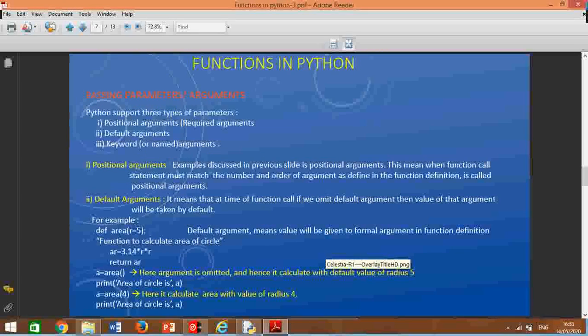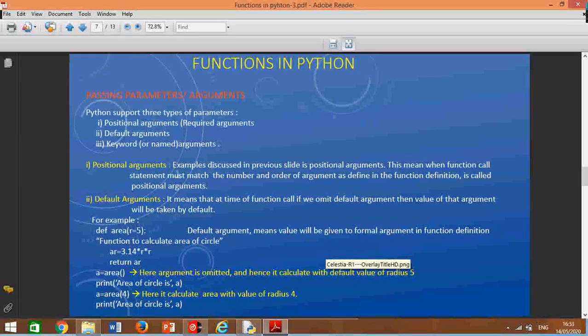Okay, then passing arguments. Now there are three types of parameters you can pass to the function: positional argument, default argument, and keyword or named argument. The example which we have discussed in the previous slides is positional argument. Say average, taking the average of two numbers, or the square of any object, is an example of positional argument.